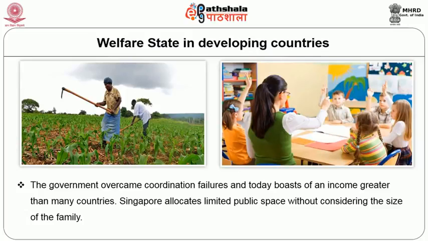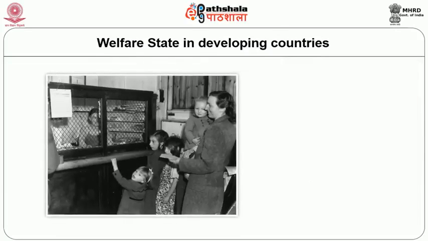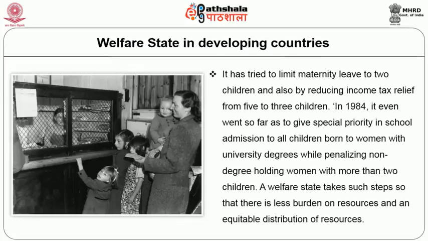Singapore allocates limited public space without considering the size of the family. It has tried to limit maternity leave to 2 children and also reduced income tax relief from 5 to 3 children. In 1984, it even went so far as to give special priority in school admissions to all the children born to women with a university degree while penalizing non-degree holding women with more than 2 children. A welfare state takes such steps so that there is less burden on resources and an equitable distribution of